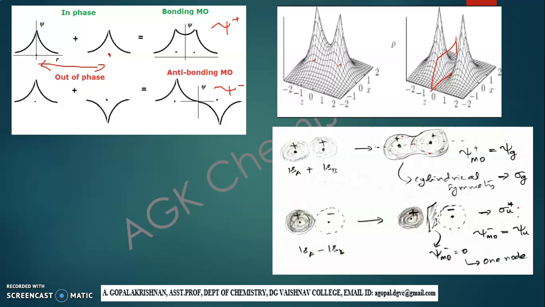So this is the complete picture of the hydrogen molecular ion. In this lecture, I have given the variation method treatment of the hydrogen molecular ion, how to apply the variation method to molecular orbital theory, and how to derive the expressions for the energy and the wave functions. I stop here. In the next lecture, we will discuss the wave functions and energy for the hydrogen molecule.